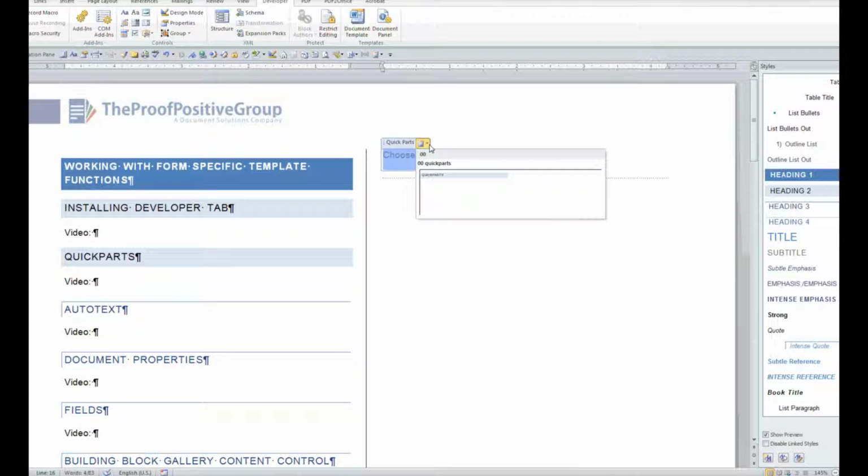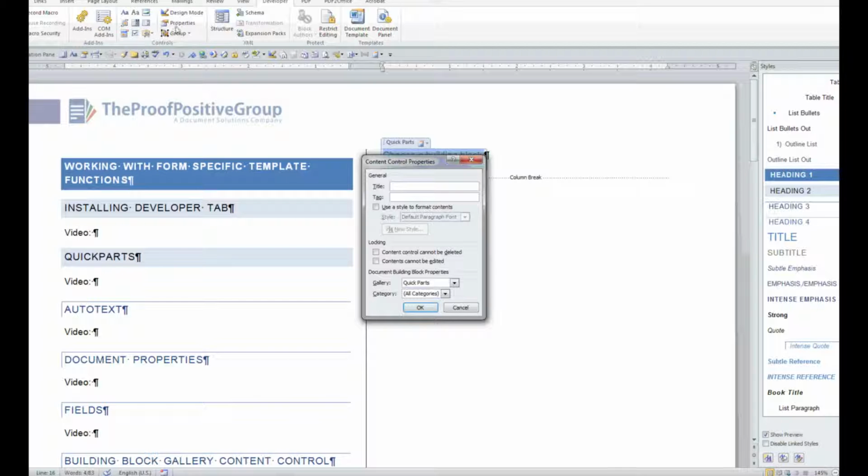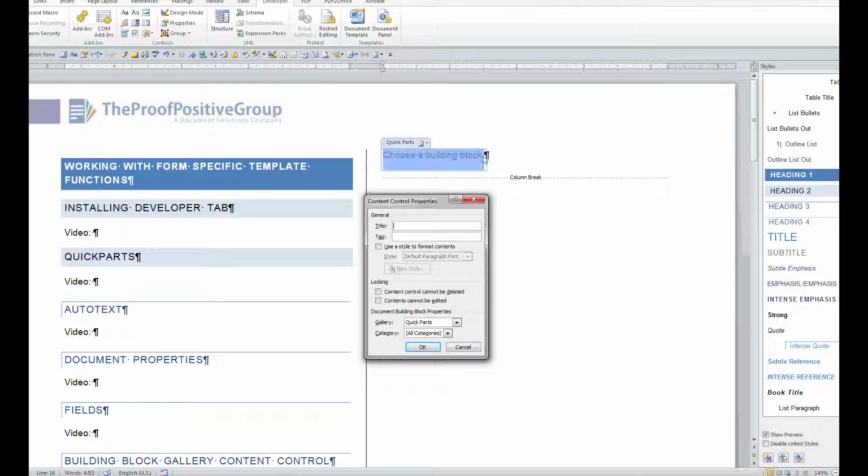In order to enhance this functionality and allow it to be more customized to your specific needs, you'll need to go into the Properties button. So when we go there, you can add a title if you choose to, certainly not necessary. You don't have to add formatting because whatever formatting that has been assigned will carry over. You can also assign this so your content controls cannot be deleted, so the quick parts option here will not be able to be deleted. So that is important to some people if you want that to always be available and not have the option